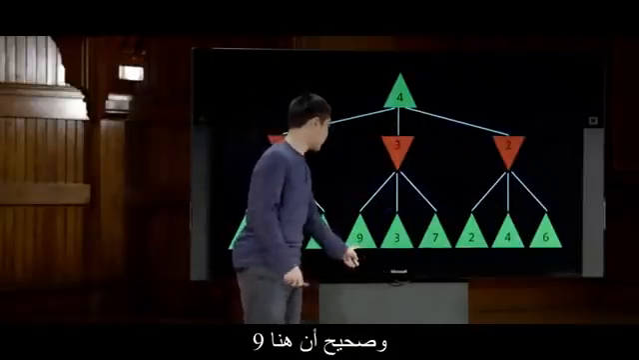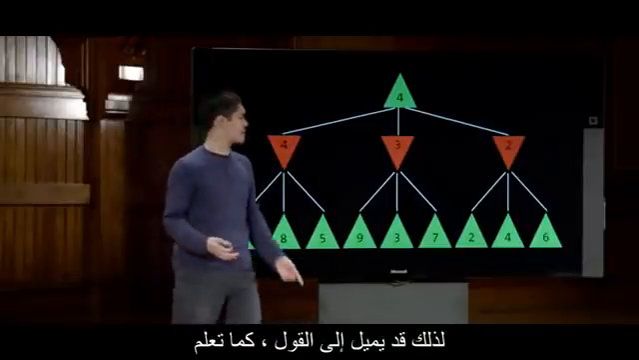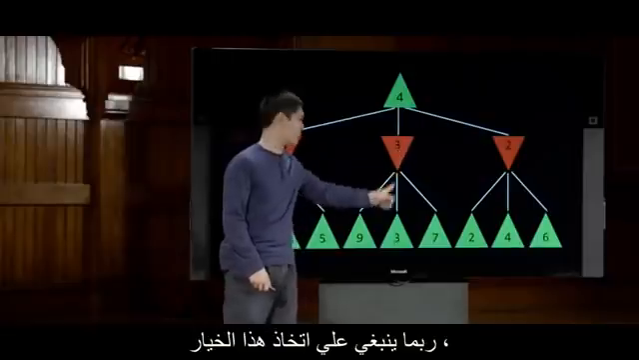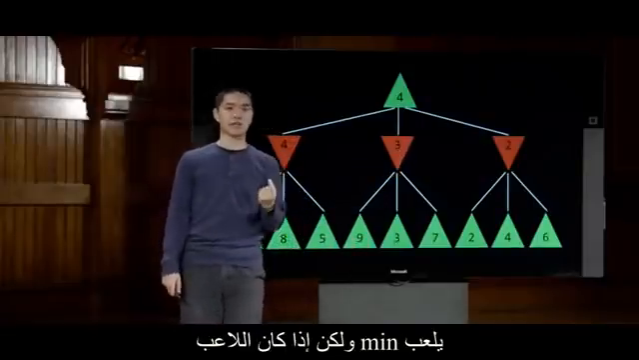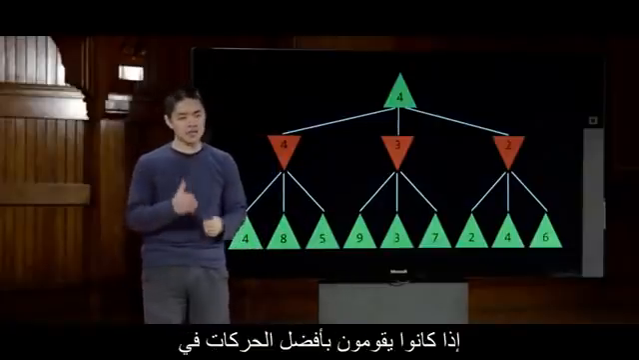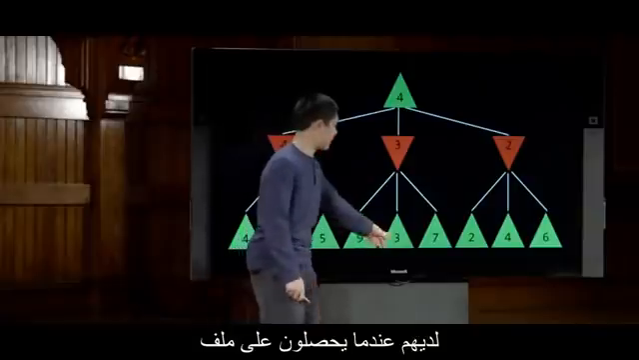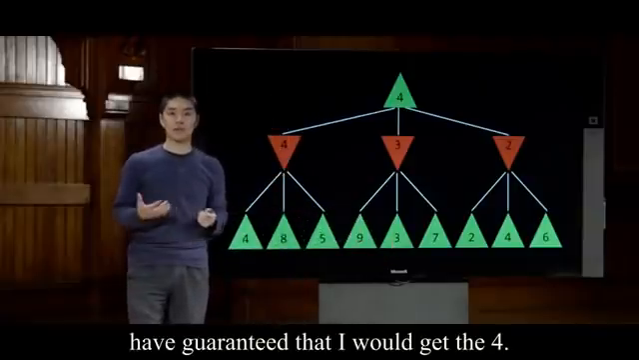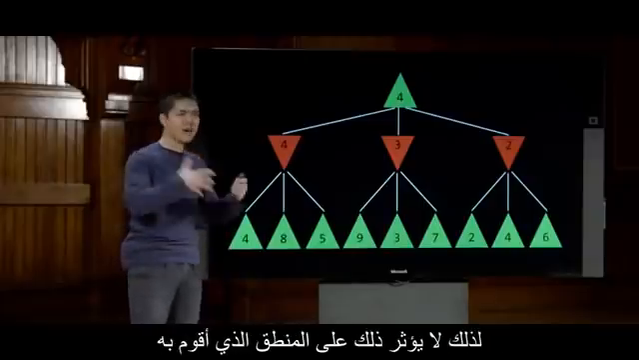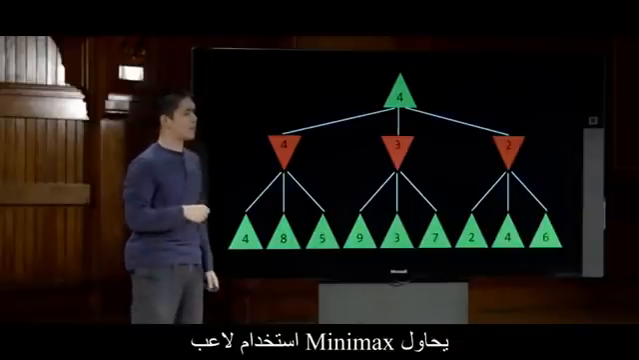And it's true that down here is a 9, and that's the highest score out of any of the scores. So I might be tempted to say, you know what, maybe I should take this option, because I might get the 9. But if the min player is playing intelligently, if they're making the best moves at each possible option they have when they get to make a choice, I'll be left with the 3, whereas I could, playing optimally, have guaranteed that I would get the 4. So that is in effect the logic that I would use as a Minimax player trying to maximize my score